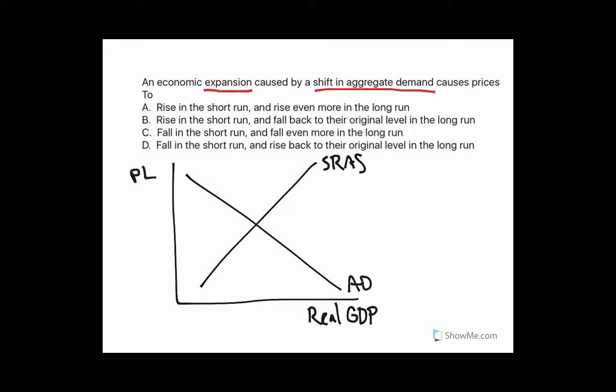Also, going back a little, let's say we start in long run equilibrium. So this long run's going through this intersection here. Now an economic expansion means there's an increase in real output. So for that to happen, we need aggregate demand to shift to the right, because now real output went from this point here to this point. So real output increased in the short run,